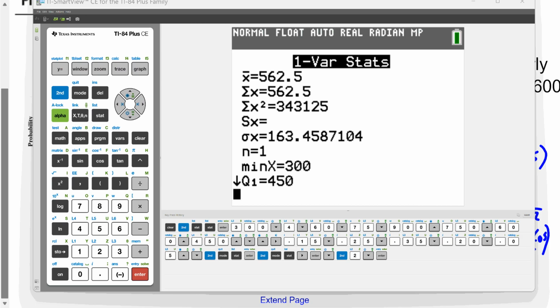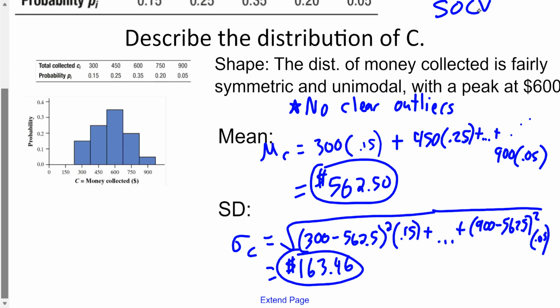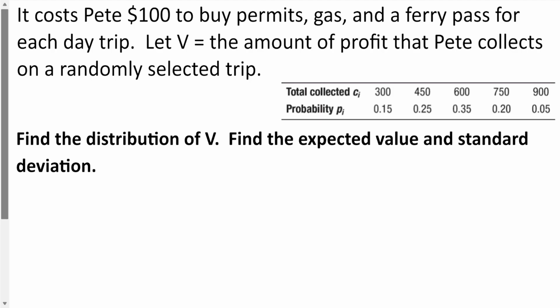Okay. So now we're going to go back, and let's say we take this situation and we add a little bit to it. Let's say it costs Pete $100 to buy permits, gas, and ferry pass for each day trip. So it actually costs him money. Let V be the amount of profit that Pete collects on a randomly selected trip. Now, instead of just the money he brings in, now it's profit. So all that money he brings in, what do we have to do with it to find his daily profit? It would be subtracting 100, which means we'd have to do that to every single individual part, right,